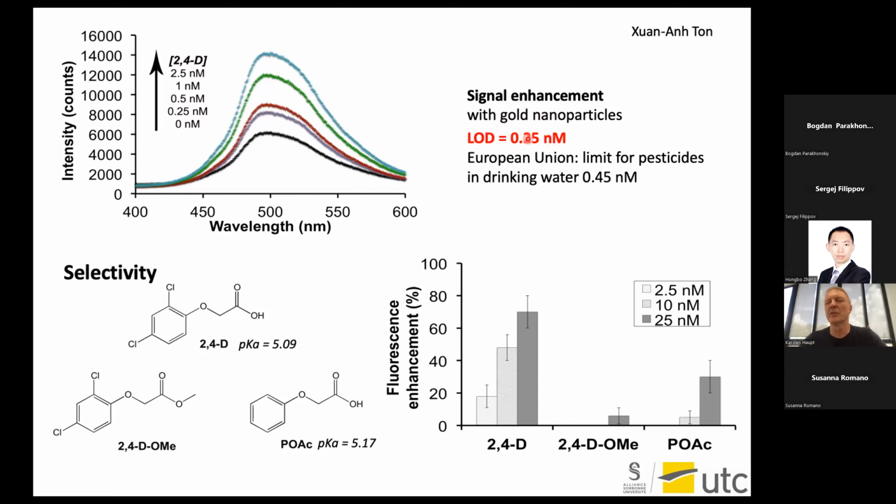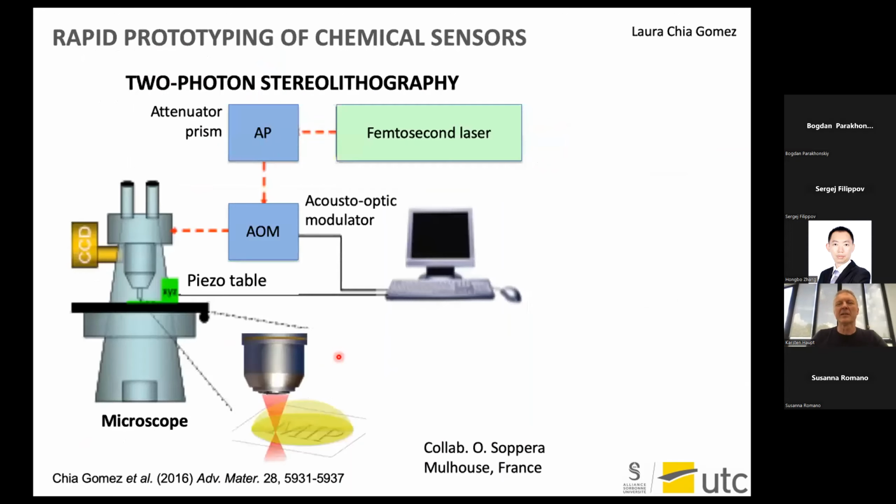So we have a limit of detection of 0.25 nanomolar for the 2,4-D, and a good discrimination of similar molecules that have a structure close to our target. So this was one chemical sensing example that I wanted to show, and I continue with a second one, which has been made by a different